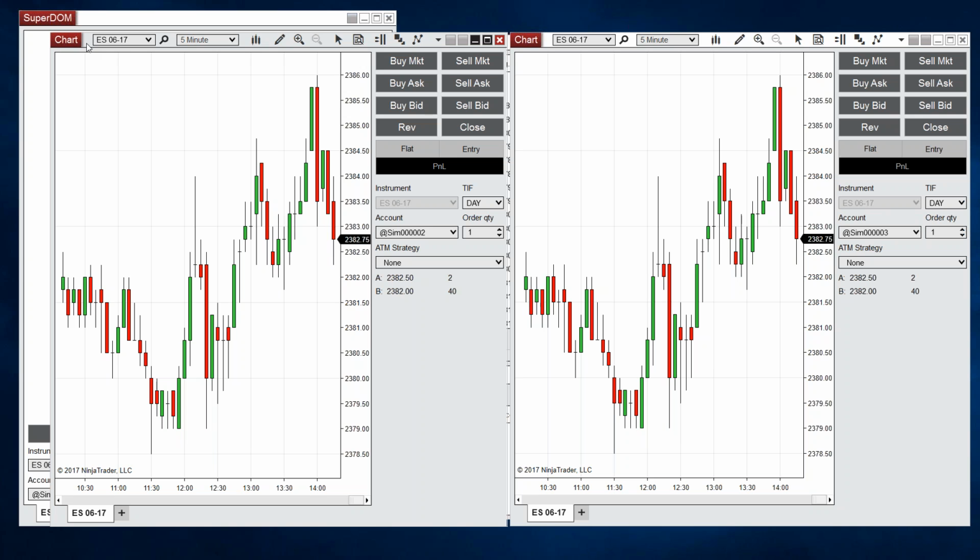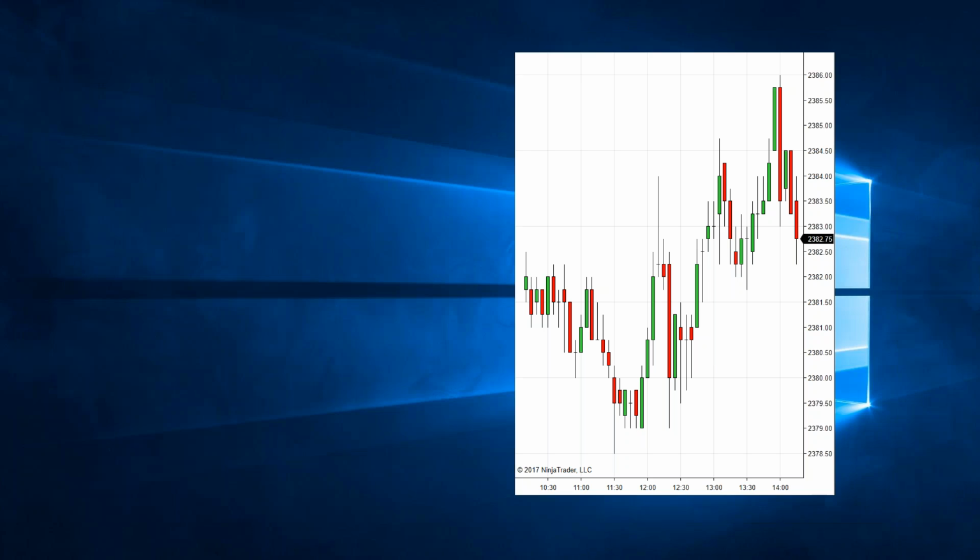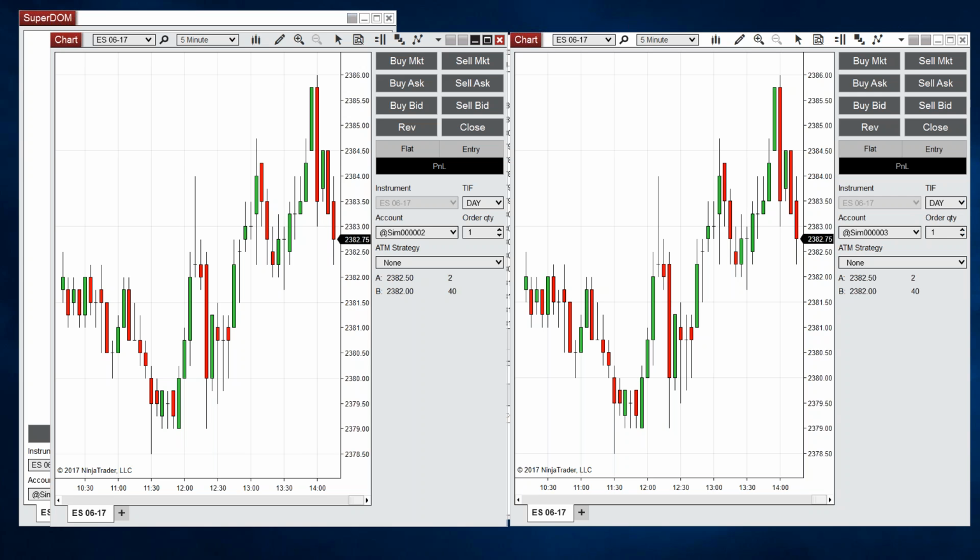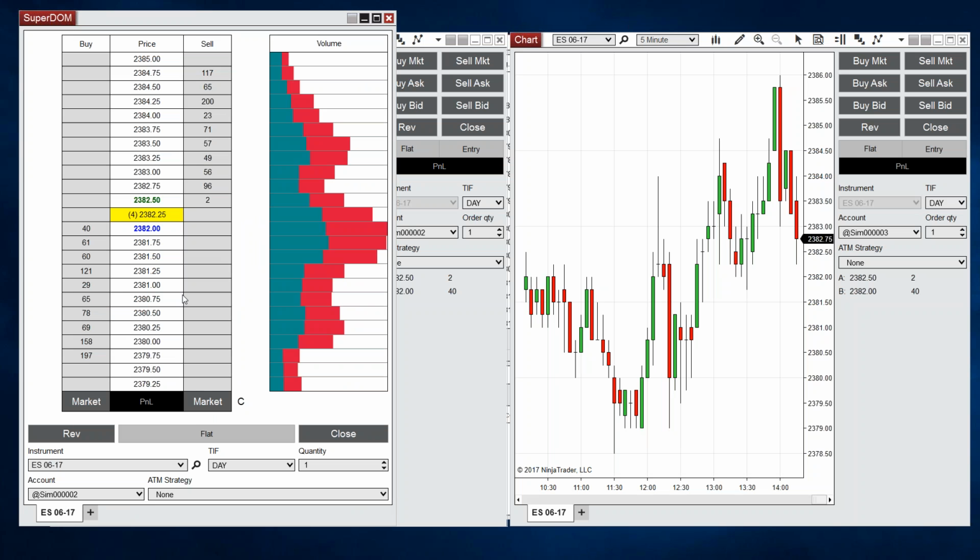Okay. Can you show how to enter an OCO order in the DOM or the chart? Sure. I guess it depends on if you have the direct edition or if you have a lease or a lifetime. With the direct edition, you obviously can't do an OCO order, so that answers that question. But simply put, with an ATM strategy, if you want NinjaTrader to automatically submit a profit and stop loss order, those two orders are going to be tied via OCO.